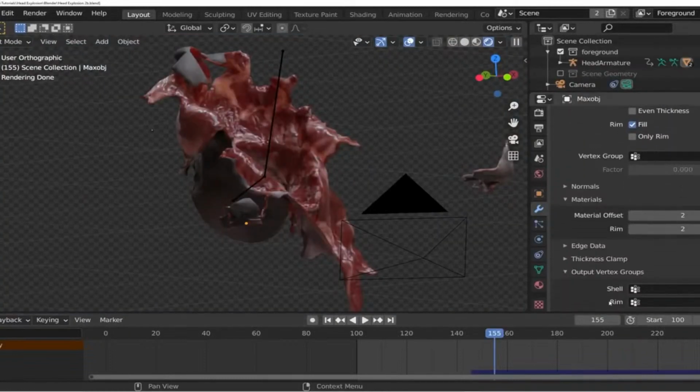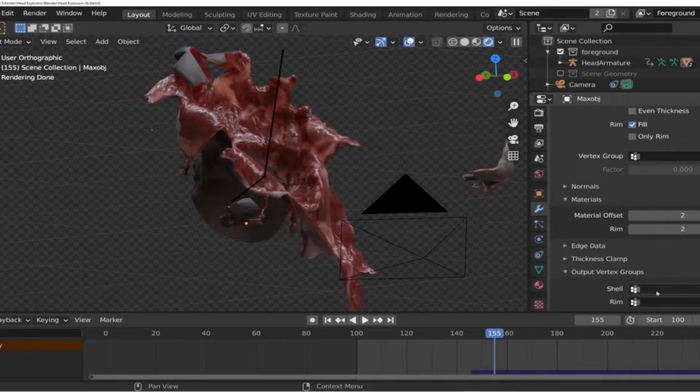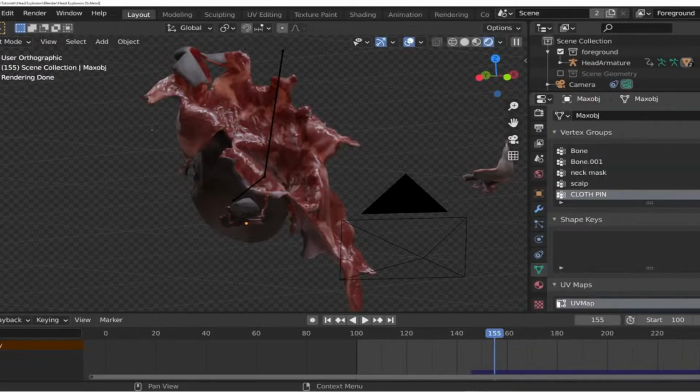A cool feature they added to Solidify in Blender 2.9 is outputting vertex groups. This will spit out the vertex data of the new geometry you're creating through the Solidify modifier, and we can use this data to drive a displacement modifier, which will make it look like there are little chunks of flesh hanging off the skin. So I'm going to go ahead and add a new vertex group and call this Solidify